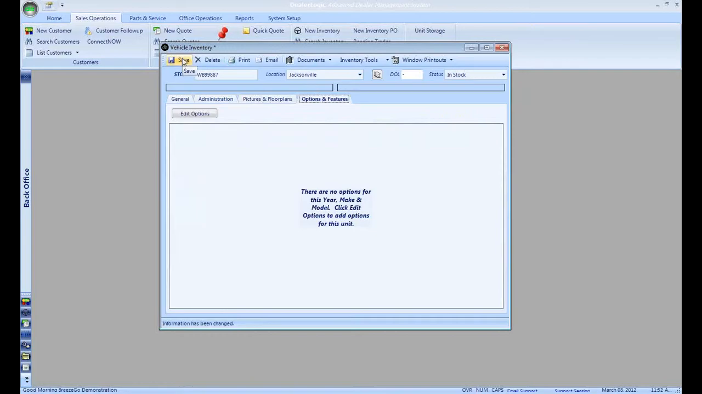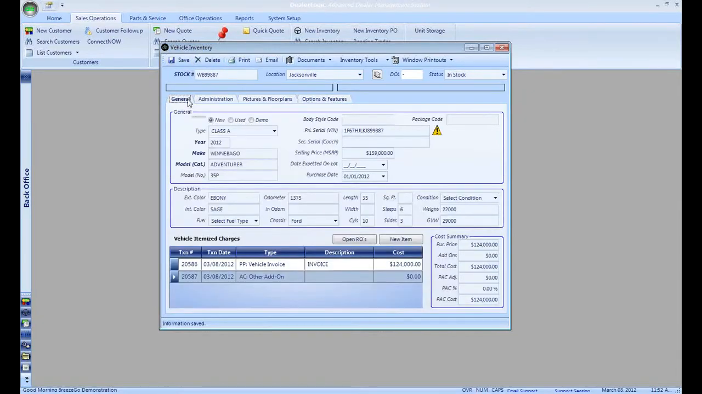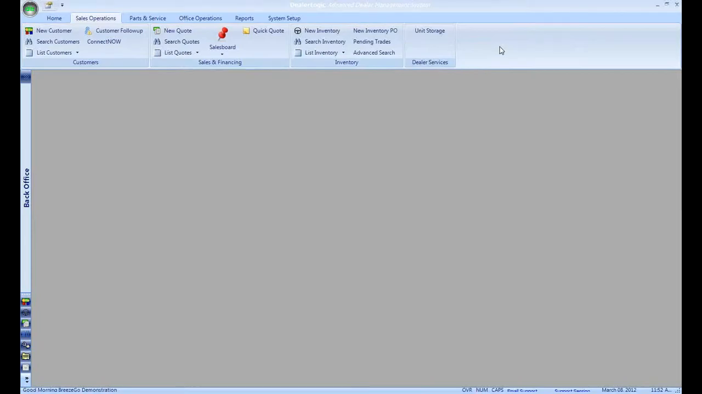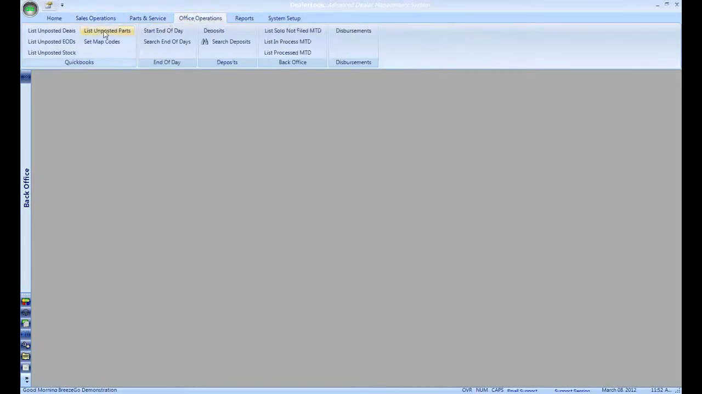I'm just going to go ahead and save this right now because I want to really show you how it goes over to QuickBooks. So once that inventory piece has been brought in to Dealer Logic, the accounting staff will want to bring that over to QuickBooks. So how to do that, we need to go to our Office Operations tab, list our unposted stock items, and